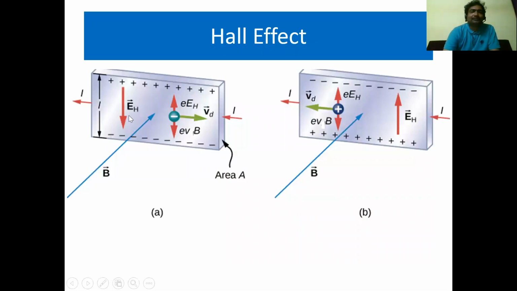Here you see this is a semiconductor. So a current is traveling in this direction. For this semiconductor, I applied the magnetic field in this direction. So here you observe the direction of current and magnetic field are perpendicular to each other. Due to this, an electric field is produced. This produced electric field is perpendicular to both the current and magnetic field, and this is called as Hall electric field. And this effect is called as a Hall effect.